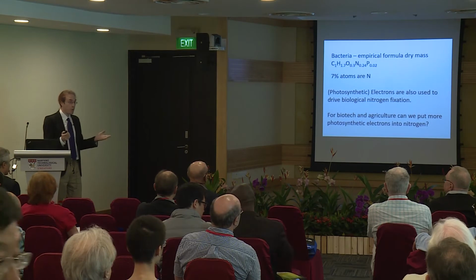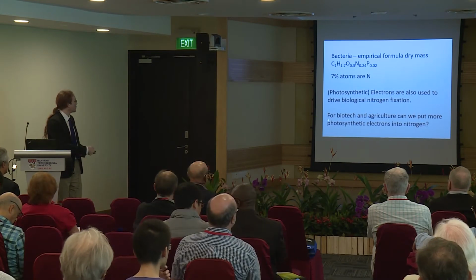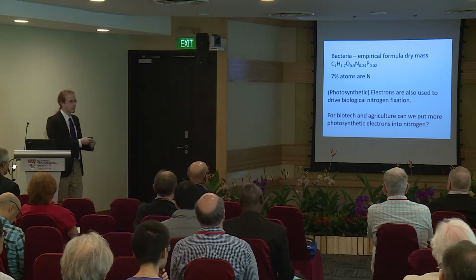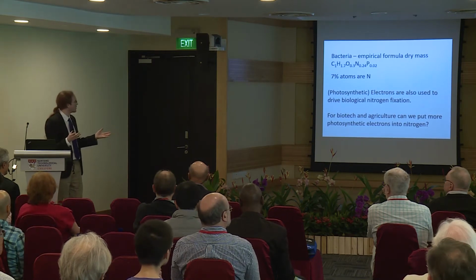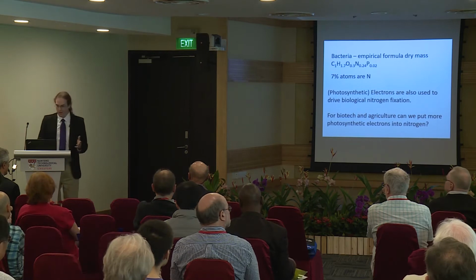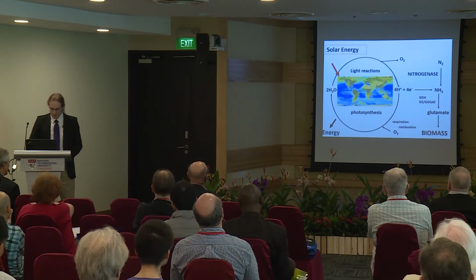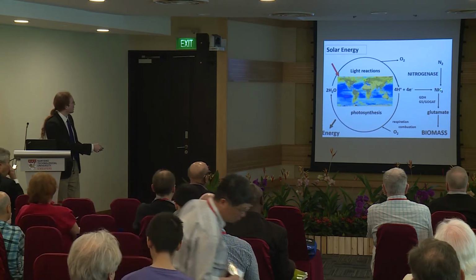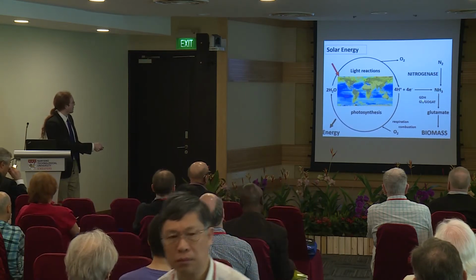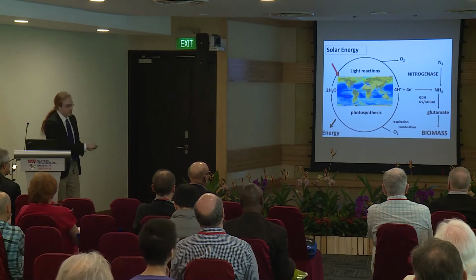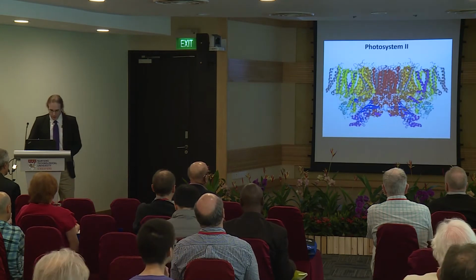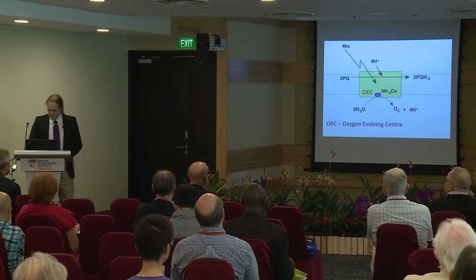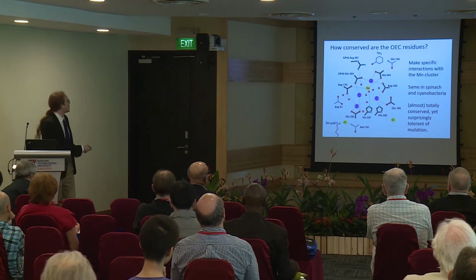For biotech purposes, we would quite like to be able to put more electrons from photosynthesis into nitrogen, because a lot of photosynthetic light harvesting goes to waste. Maybe we could put those electrons into nitrogen. So that was the motivation. Electrons can go into nitrogen to make ammonia, and hence via glutamate into biomass. This all came about because I was working on PS2 with Jim, and he asked me the question, how conserved